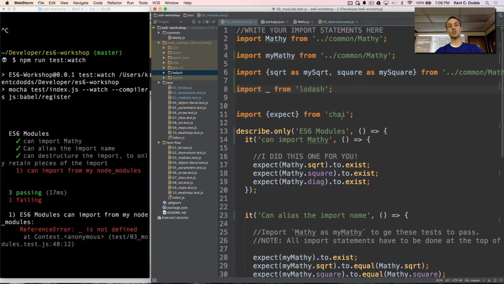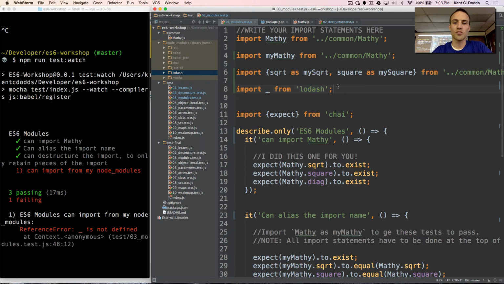To be completely and totally transparent, I'm pretty sure that this only is happening because of the context in which we're running our code in these tests. I don't believe that this is actually part of the ES6 spec. But if you're going to be writing ES6 today, you're going to be using a build tool anyway, which will hide this implementation detail away from you. So yeah, it's just locating Lodash somewhere on your hard drive from npm.